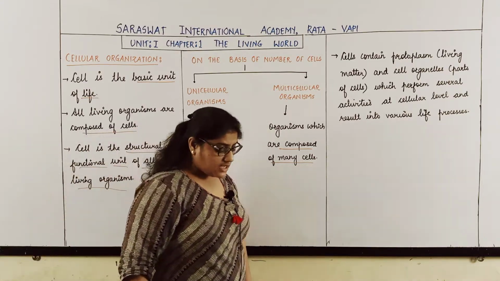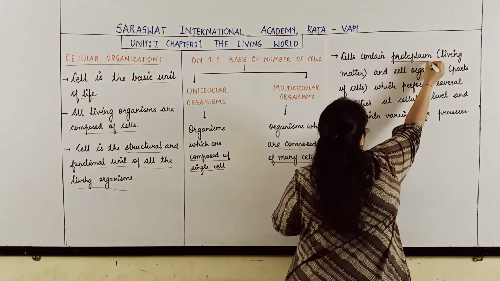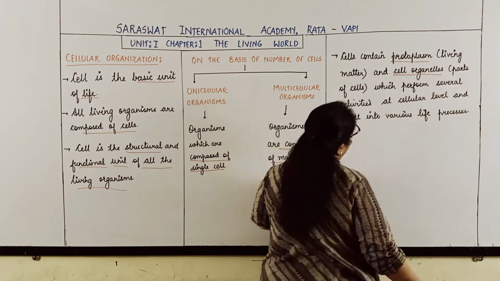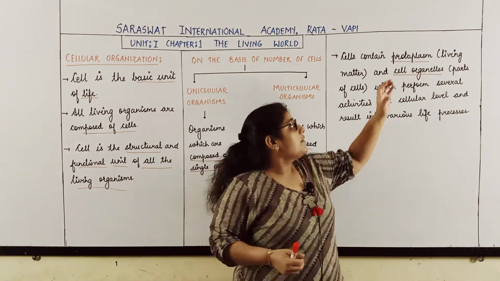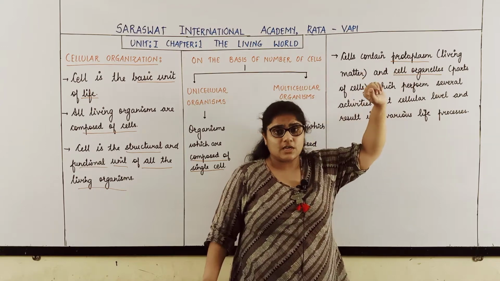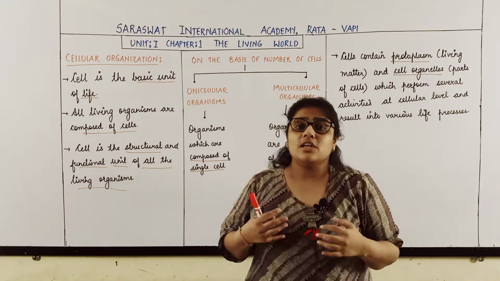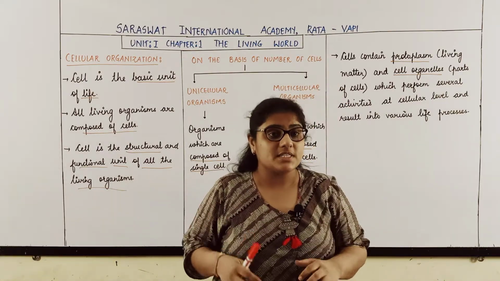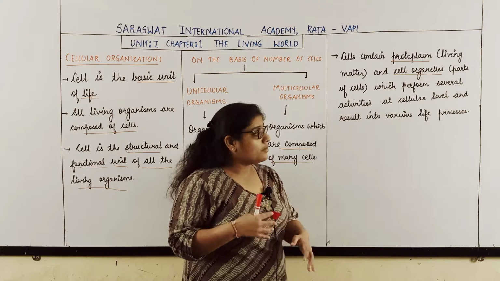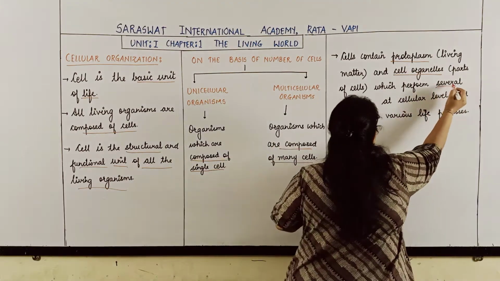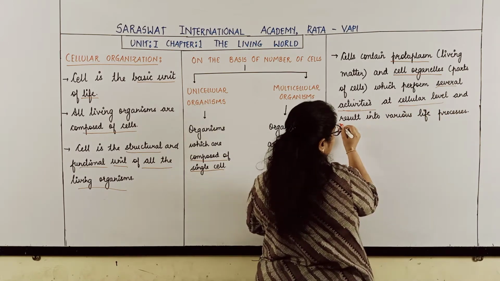multicellular organisms. Now students, the cell contains 2 important components. One is the protoplasm and another is the cellular organelles. The living matter of the cell is the protoplasm, and cellular organelles are the parts of the cell. So basically the protoplasm and these organelles work and perform several activities at the cellular level and result in